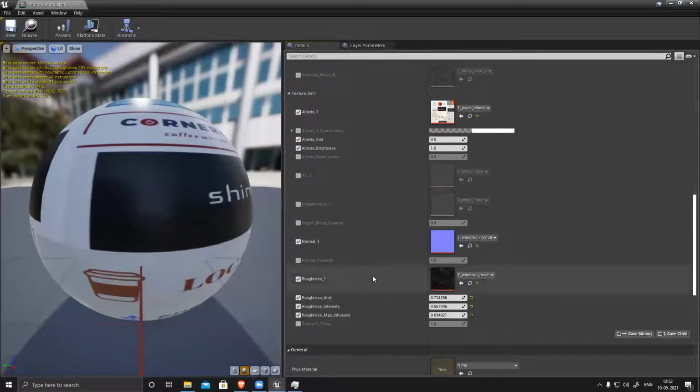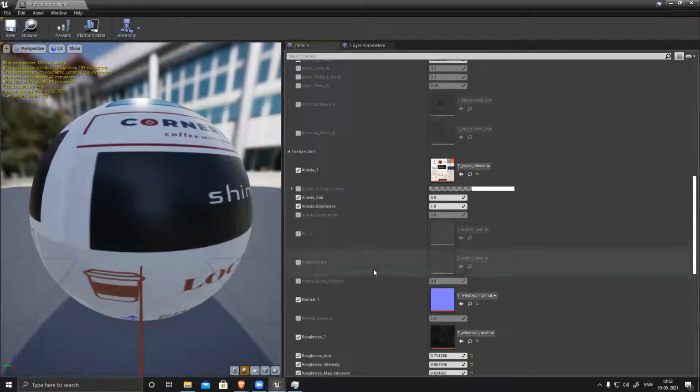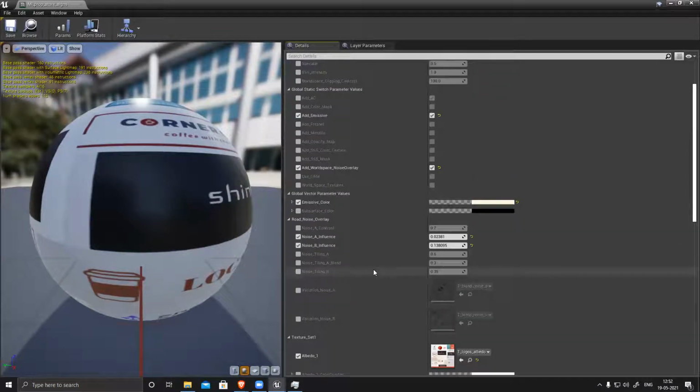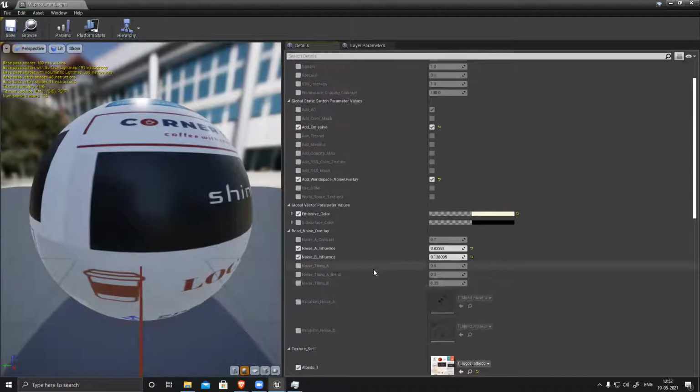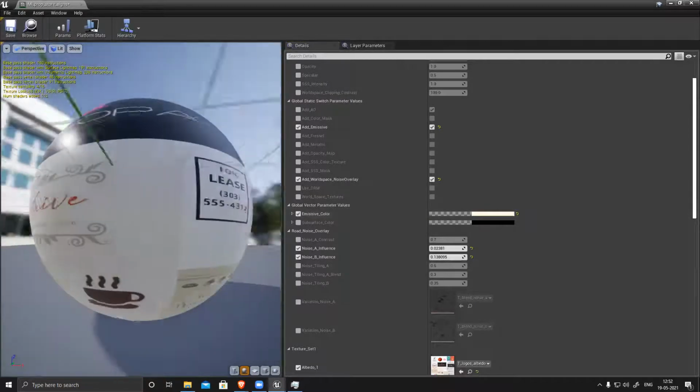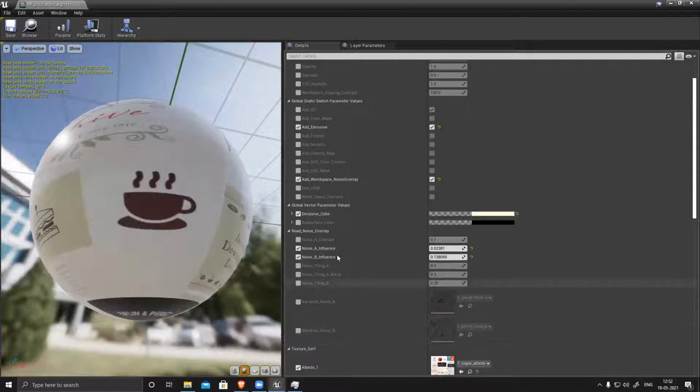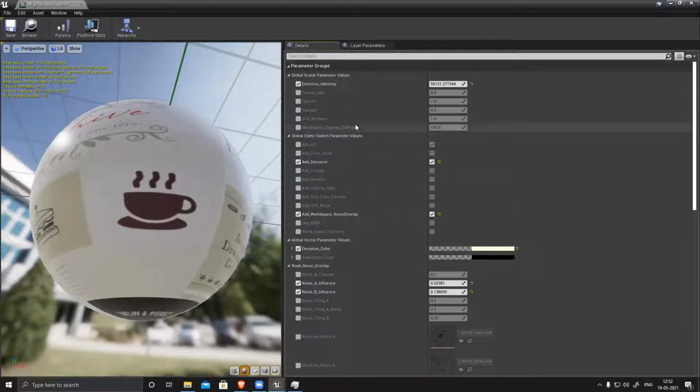Let's see if there is any MSF option. Okay, modify MSF and add all this detail.